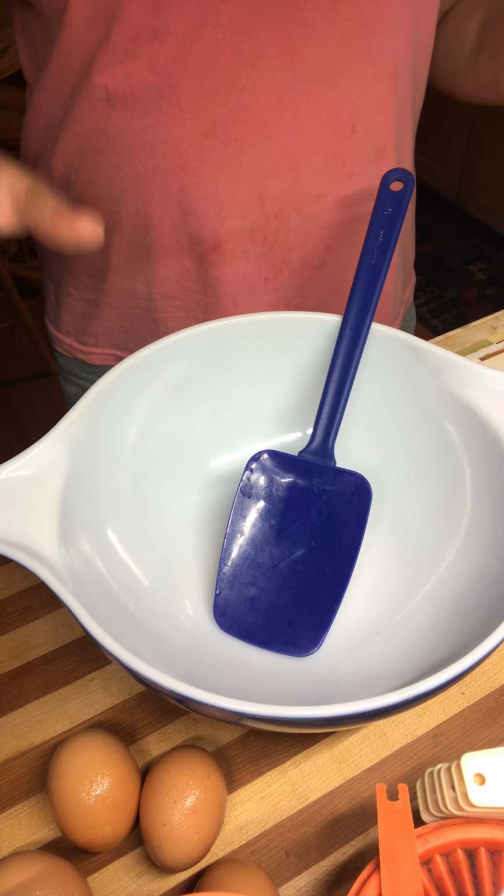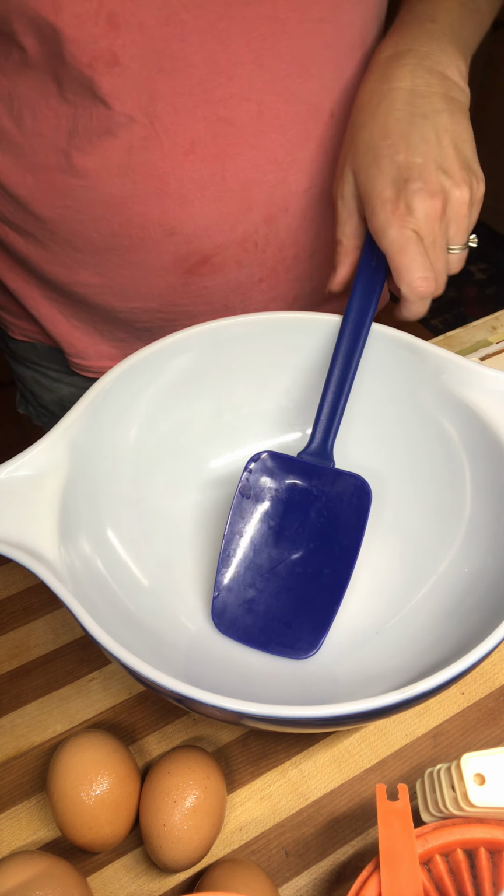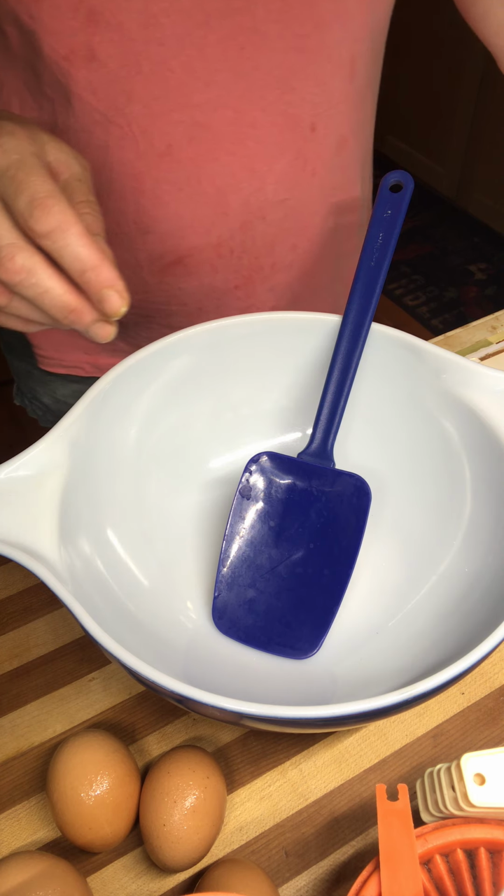So I'm going to start the recipe right now. I'm going to try to get you over here because I'm taping by myself again. It seems like I'm always doing that lately. And let me just turn the camera down and let me get my bowl down there. So this is a great recipe. This is a fantastic recipe. It starts with